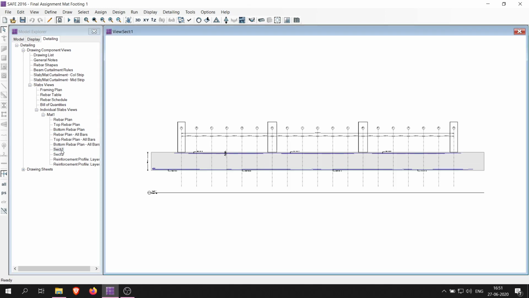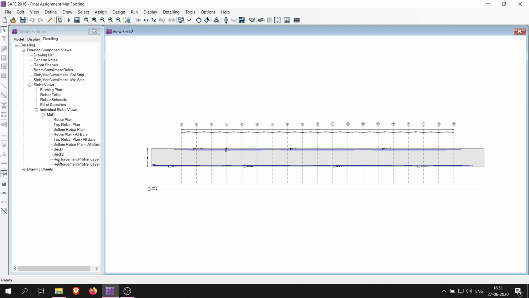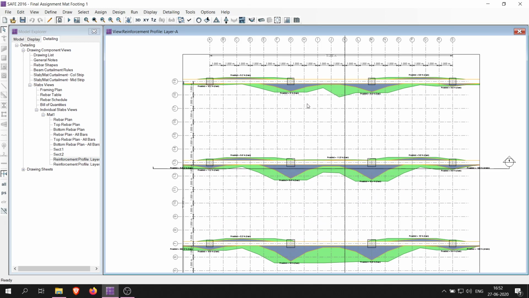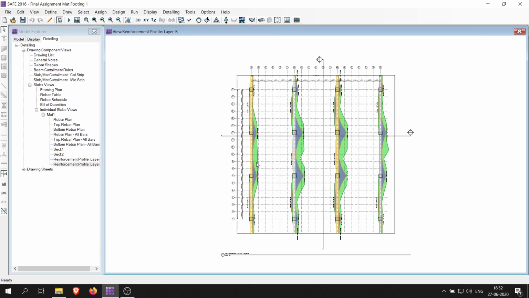Then section 1, section view of the rebar, section view of the column footing, reinforcement layers. We can show the area, how much reinforcement is in this area. Maximum is the value, the maximum area of section provided for the layer B strips, design strips.